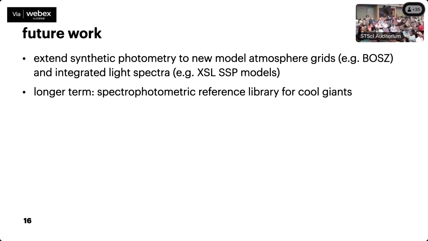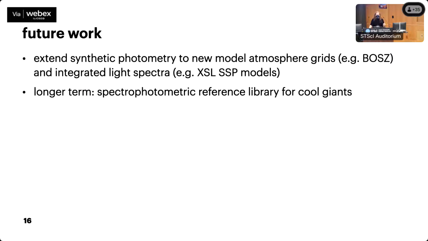As far as future work goes, I'm planning to do a few more things with the synthetic photometry. One thing is to try it out on some state-of-the-art models, such as the new Bose synthetic atmospheres, which I'm looking forward to hearing more about later this week. I also want to take a look at integrated light at some point, which I think could be really interesting for surface brightness fluctuations. And I think it would be really cool to test out the chromatic field dependence we just heard about on some of these AGB stars.